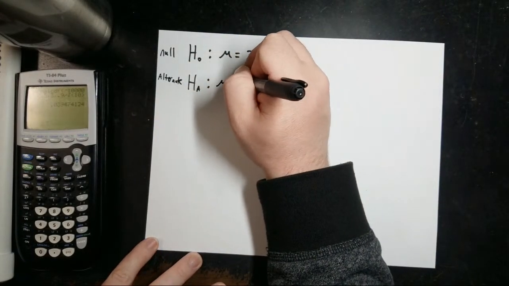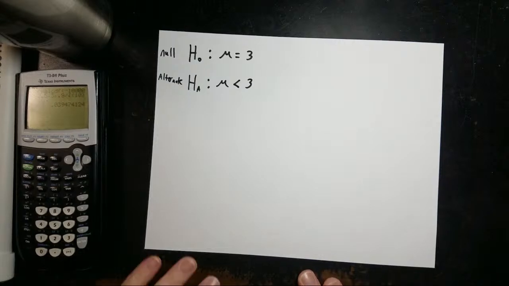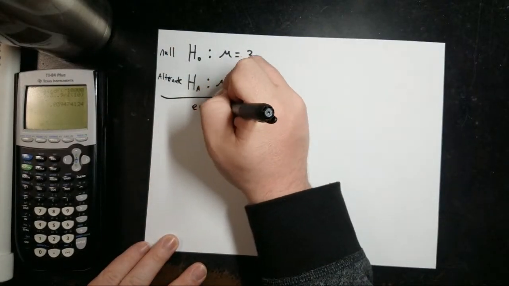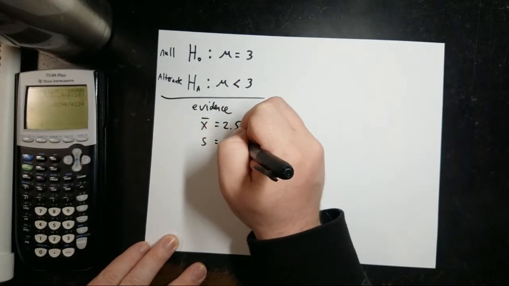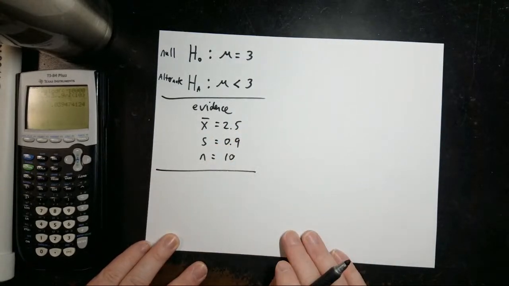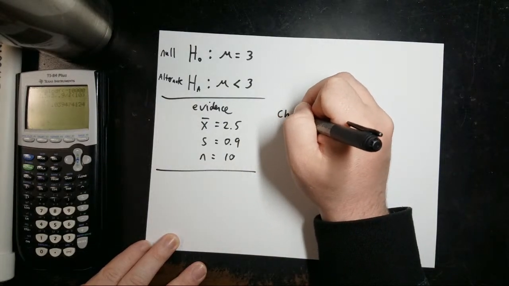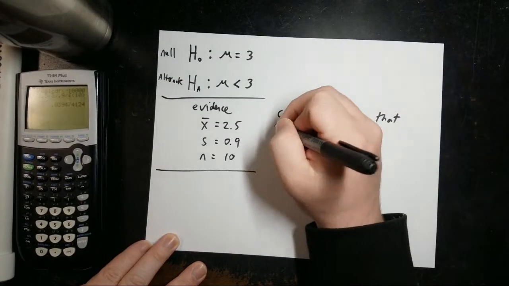And the alternate hypothesis is, well, you know what? The principal claims that they're better. The principal claims that they are better than 3 minutes. Okay? Well, what evidence do we have? Well, the evidence that we have is, he found an x-bar of 2.5, a standard deviation of 0.9 out of a sample size of 10. Okay. What does that evidence show us? Well, the chance of getting that evidence,